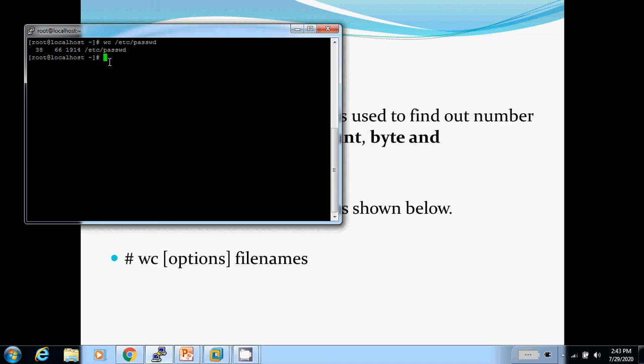Okay, I will check using attributes: wc -l /etc/passwd. There are 38 lines. This is the file name /etc/passwd. Then I will check how many words are present in the /etc/passwd file.